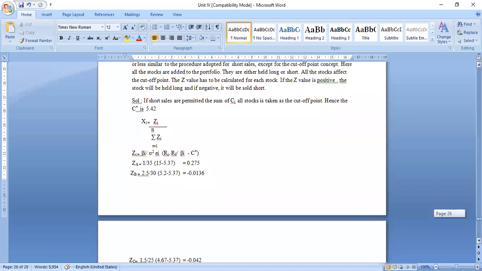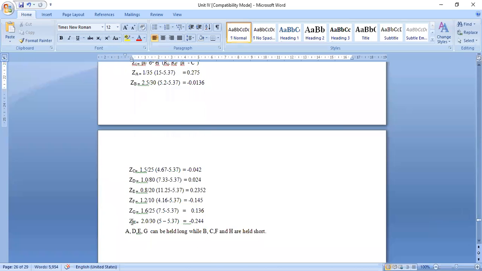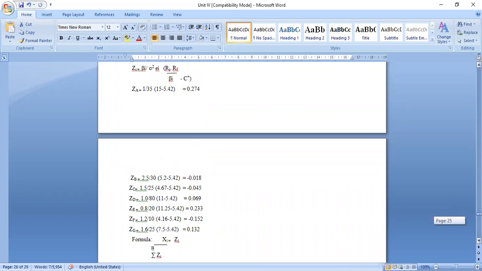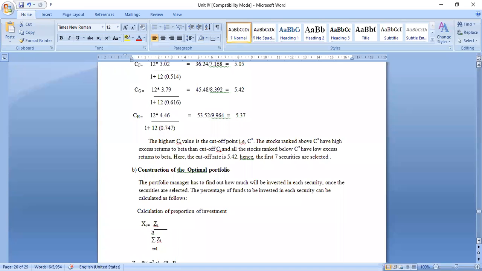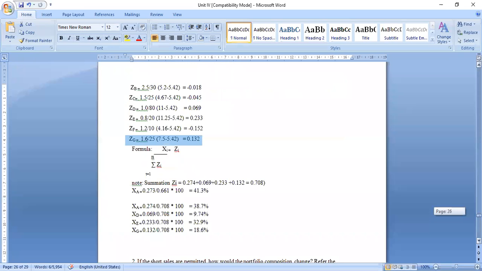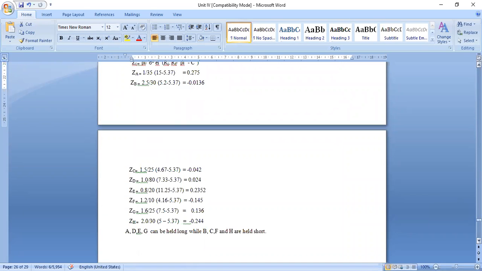And that is the reason when you see here we have calculated for all the securities up till security H, that is not seen in case of Sharpe's optimal portfolio without short sales. We are limiting only up to security G. So is it clear now? The only difference is towards proportion of investment, the calculation will change. What you have not considered of the securities for without short sales, that security will be considered. In short, all the securities are calculated for proportion of investment, or all the securities are added up to the portfolio without any exception of considering the cutoff rate.